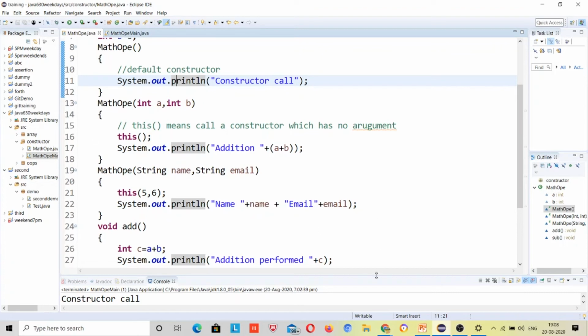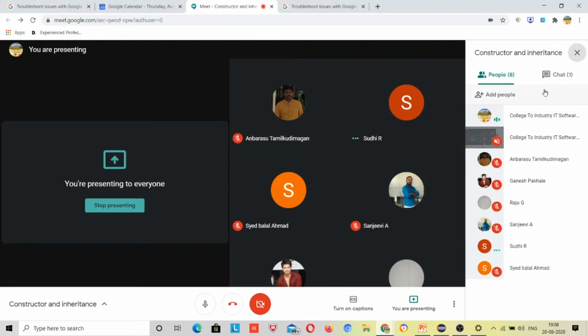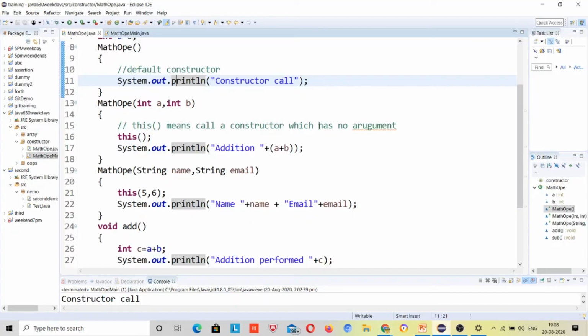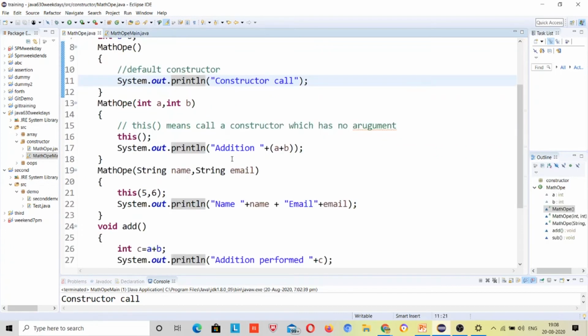Just comment your output inside the chat box so that I can clearly see what the output will be. I'm showing you the code. You can see first this constructor call, right? This is the code in front of you.